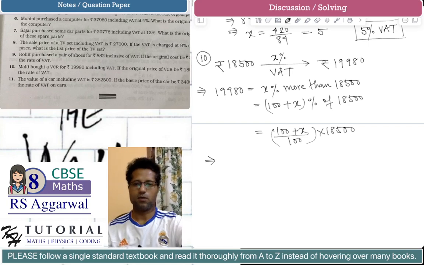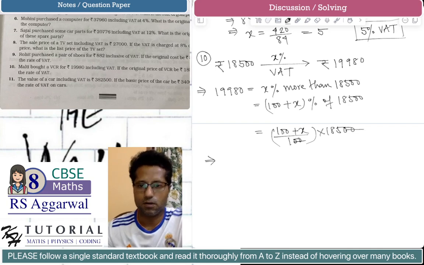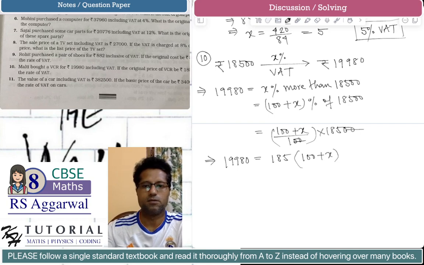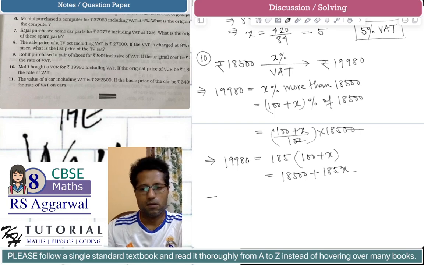we can cancel out 2 zeros from here and 2 zeros from here and do cross multiplication. We get 19980 is equal to 185 multiplied by 100 plus x. This is equal to 18500 plus 185x. So this implies 185x is equal to